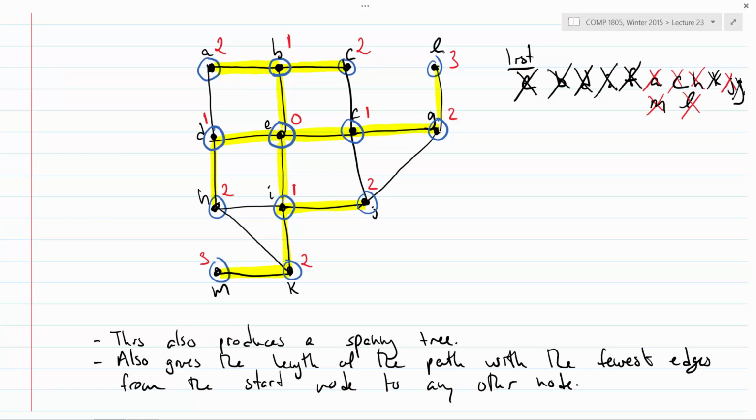Yeah? If a graph is spanning, is it necessarily a tree? What do you mean? If a subgraph is spanning? No, it doesn't have to be a tree. So for example, the entire graph is a subgraph, and it's not going to be a tree if the original graph is not a tree. And similarly, if you remove one edge, it's probably not going to be a tree.